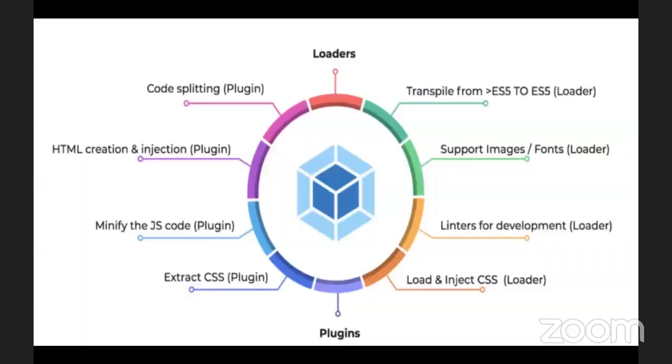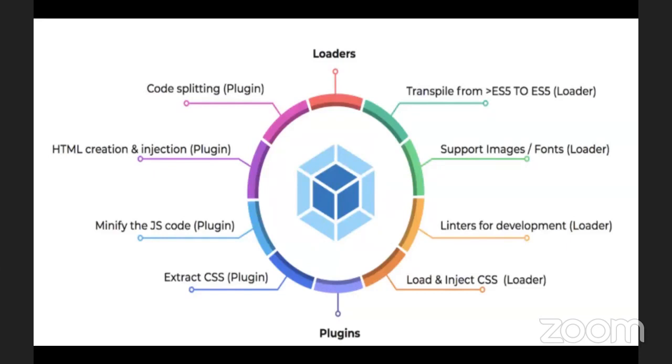So if you see this, we have a set of loaders and plugins which are most commonly used. Few might be deprecated and few might still be there. The context of this talk would be more of how Webpack works rather than what things are deprecated from Webpack V2 to V5 or V4. So let's see a general overview of how Webpack actually works.